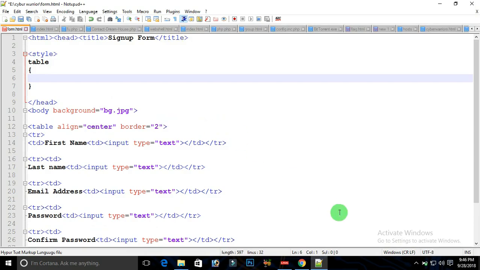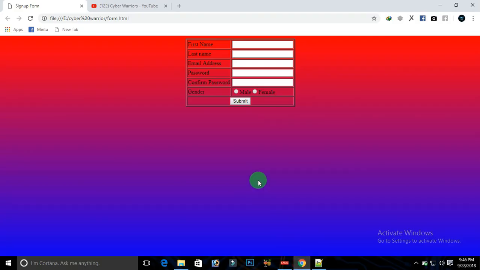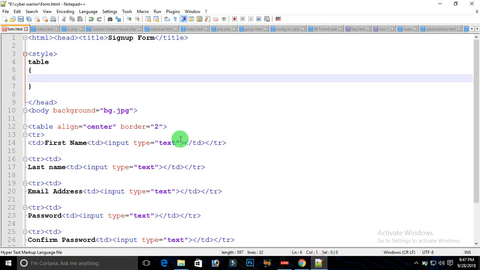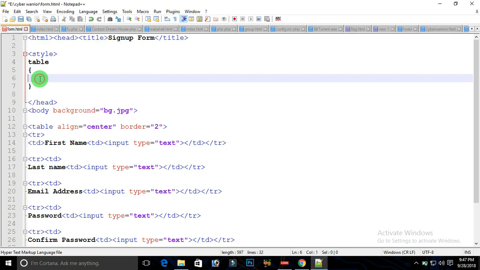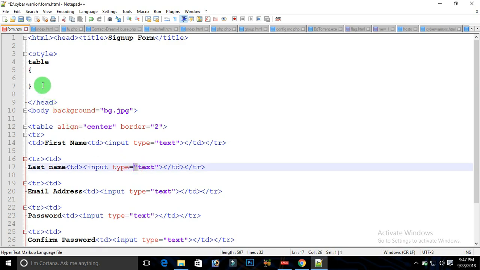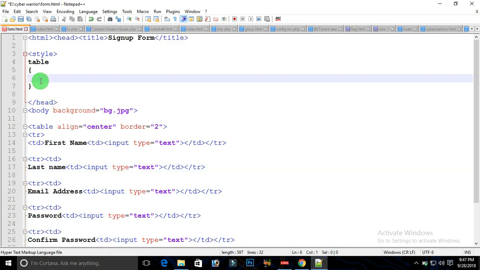In HTML we use font color equals to white in double quotes, but in CSS we cannot use double quotes and we do not use equals to. The alternative of equals to is colon, and we do not use anything for double quotes. It needs to be separated by itself. So I am simply typing here, we do not type font color, we only type color